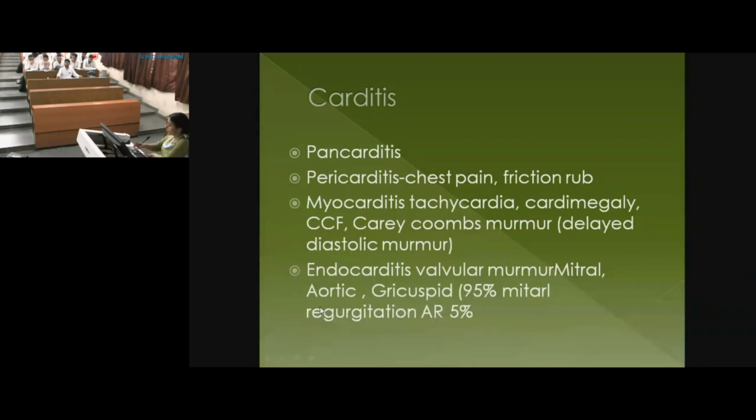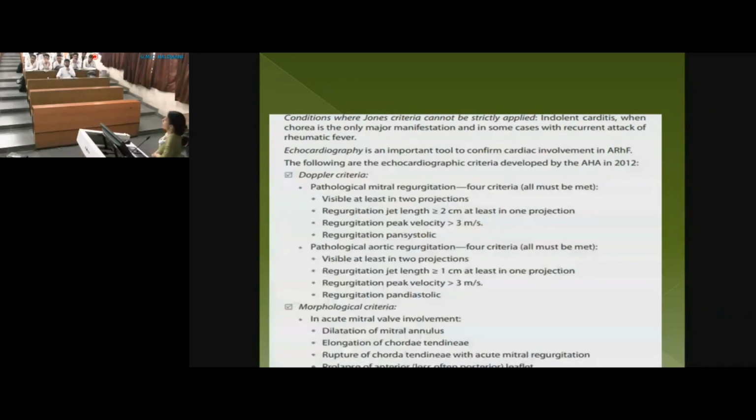Right? So this is the mitral valvular involvement. I've already told you this. So again, where will you not expect all the Jones criteria to be fulfilled? One of them is indolent carditis. That means you have a child who has come to you with cardiac features for a long time. So he's got something on echo, he's breathless, and you do an X-ray and find cardiomegaly. So it's not classic; the child may not present with fever and arthritis.